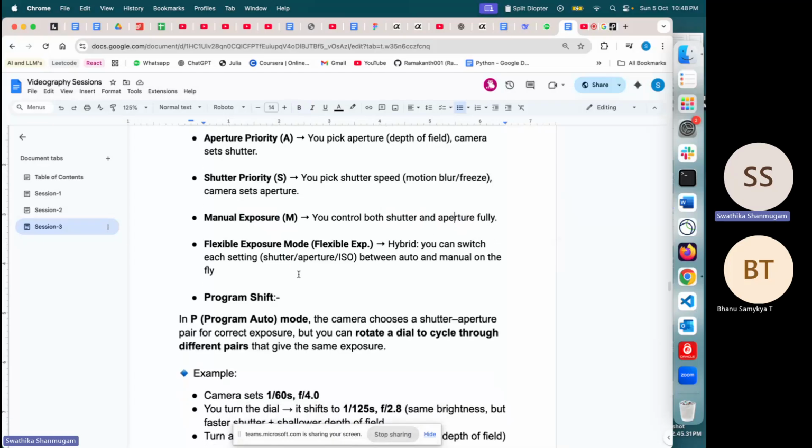And then you have flexible exposure mode or flexible EXP. It's a hybrid mode. You can switch the settings. Let's say your priority is shutter for some time, and after some time, you say no, my priority is aperture. And then you say that